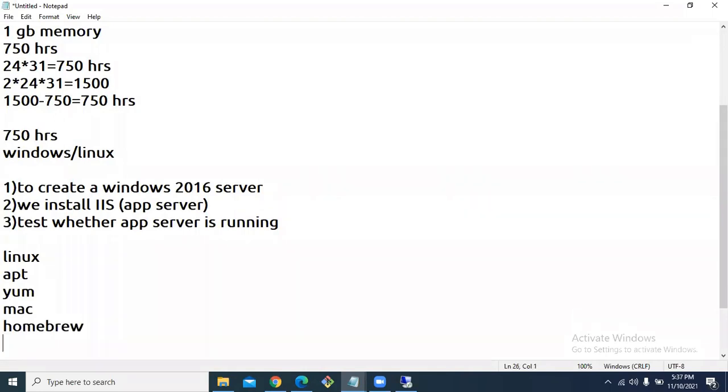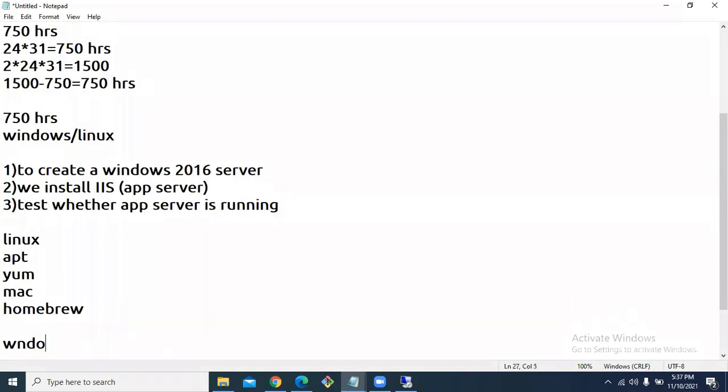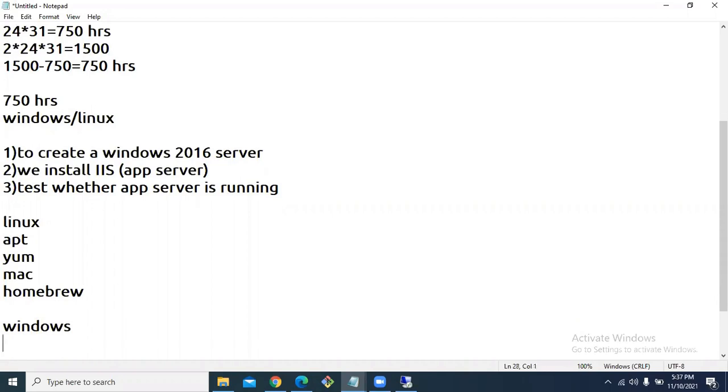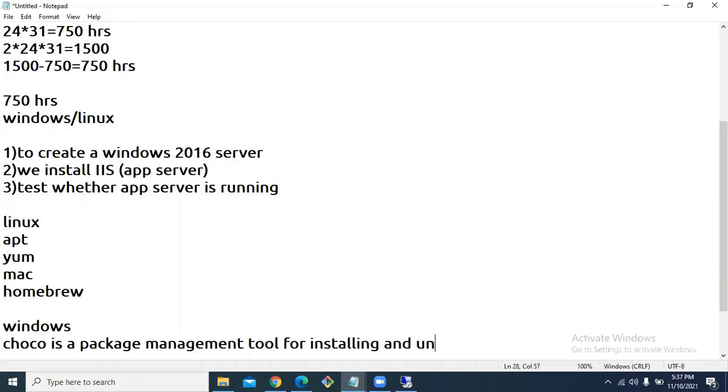But for Windows operating system, we have a package manager, something like Chocolatey. Chocolatey is just like what? Apt or yum. Chocolatey is a package management tool for installing and uninstalling tools on Windows platforms.